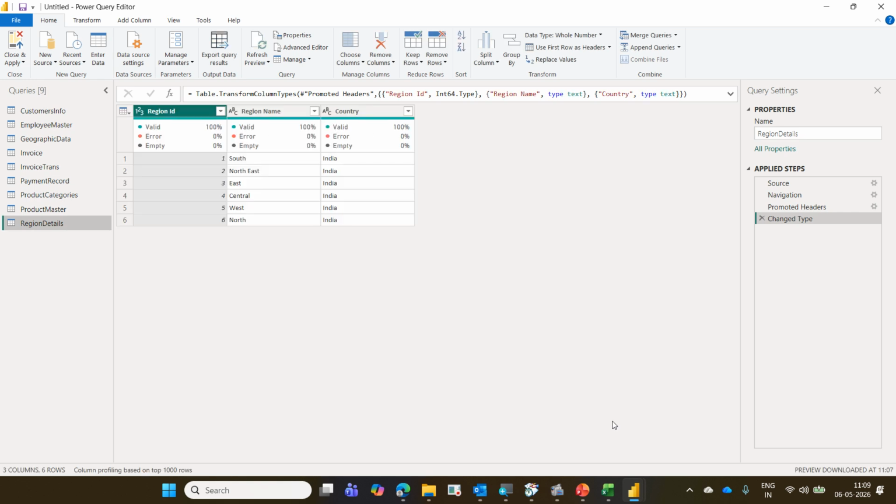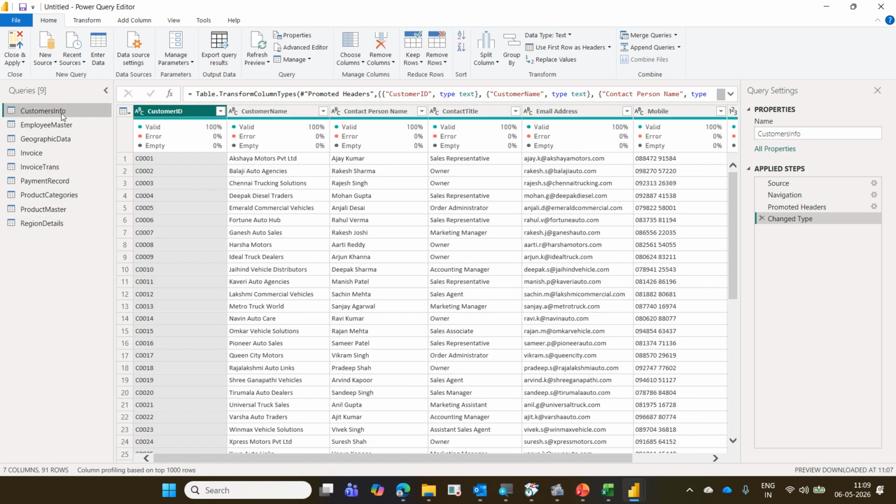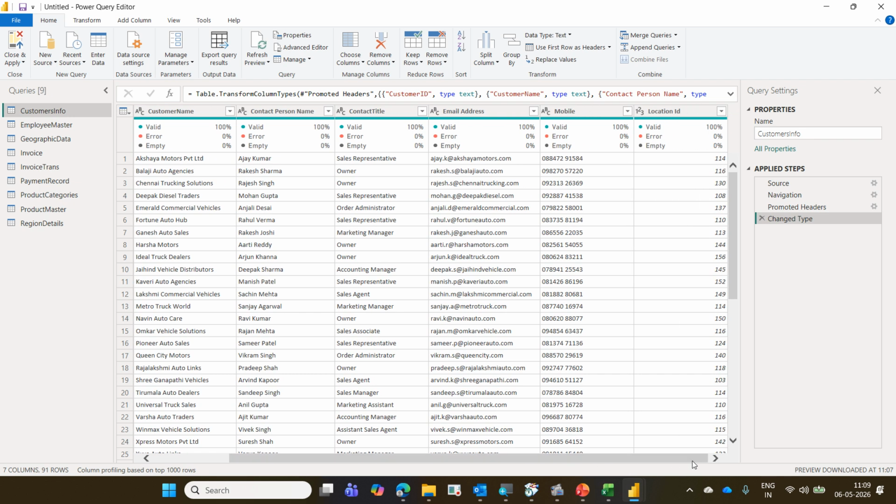First, let us go to customer info. And 4 things you have to check: whether your data is clean, heading is correct, data type is correct, and remove unwanted columns. Could you tell me, are there any unwanted columns available? The data is clean, perfect. Heading is correct, okay. Data type is also correct. Are there any unwanted columns available? All the columns are wanted. Sometimes I am not going to use the email address and mobile number in my reports. If I don't want the email address or the mobile number in my reports, you can remove them, which will save your file size and improve your system speed.